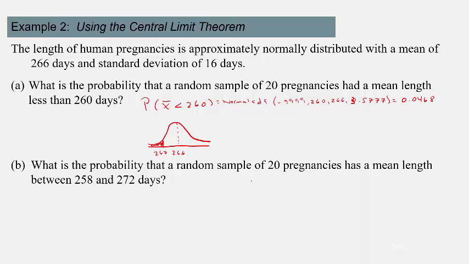Okay, last one. What is the probability that a random sample of 20 pregnancies has a mean length between 258 days and 272 days? Well, whenever you have an in between probability, your normal CDF here, the lower is the first value, 258. The upper is the top value, 272, 266, 3.5777,